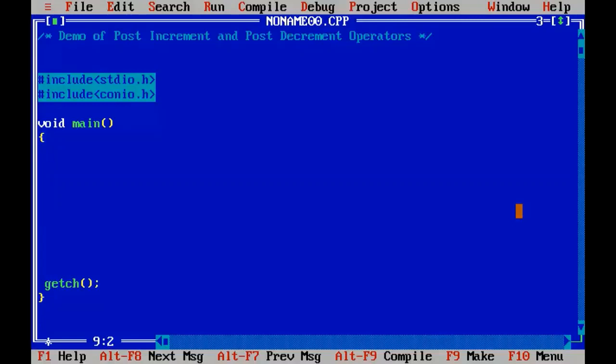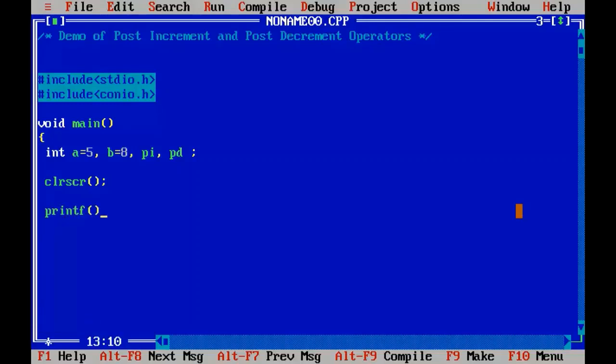First I'll use two variables to store the data. Int a equals to 5 and b equals to 8, right? I will now use post increment, so pi for post increment and pd for post decrement, right? So let me add the function call first here, and first I'll print the values.